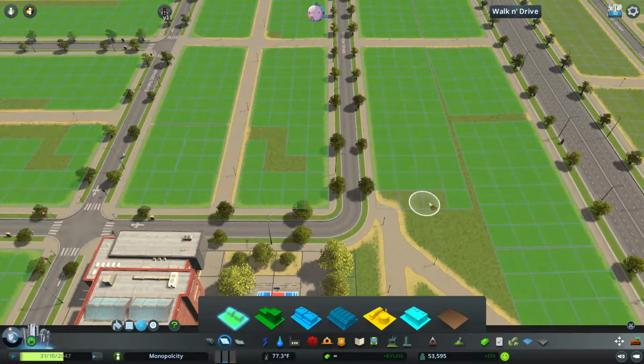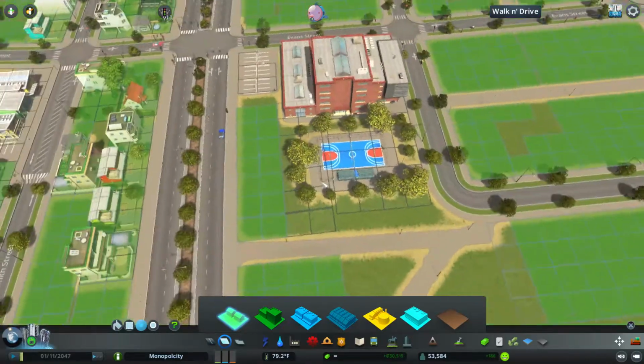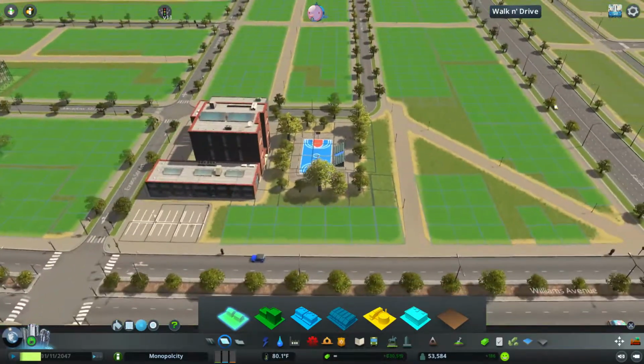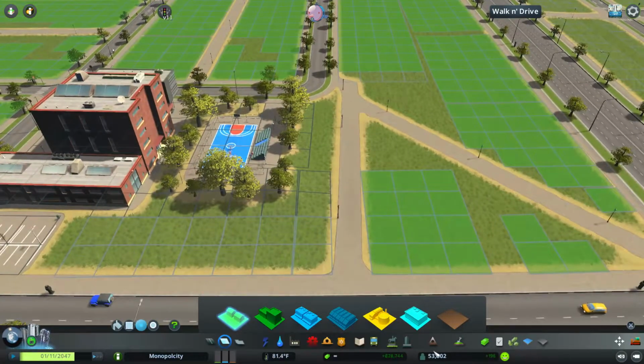Actually want anyone developing on that. And we can just have little houses right there, that's fine. Is it? Nah. We'll remove these houses. And let's put in...